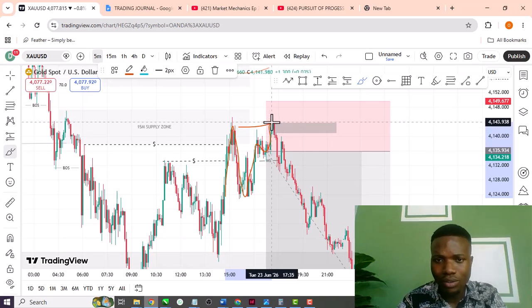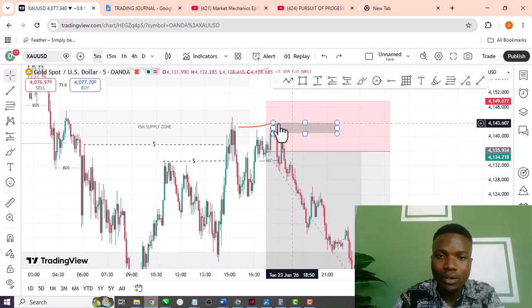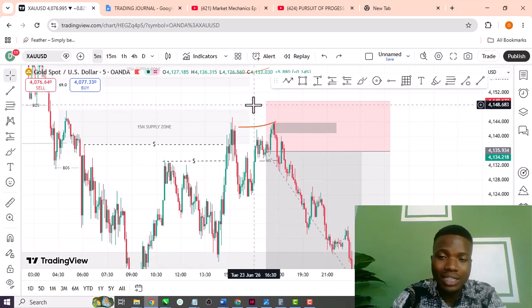And that was when I was furious. I was thinking, okay, what's going on around this zone? So I was trying to figure out what actually happened for price to be approaching my stop loss, because usually, based on my trading system, I've really refined my edge down so much that price doesn't usually approach my stop loss. But when I saw that price approached my stop loss, I actually exited that